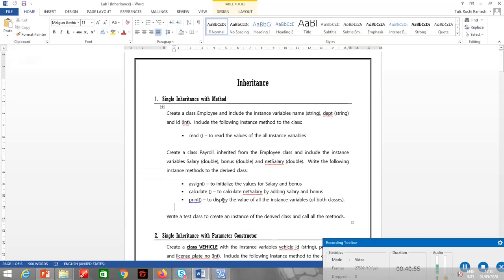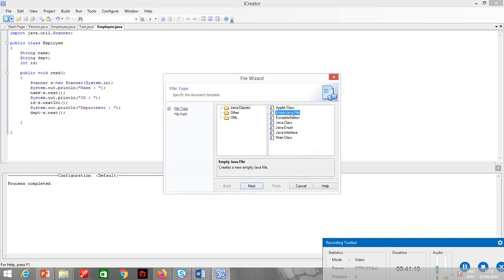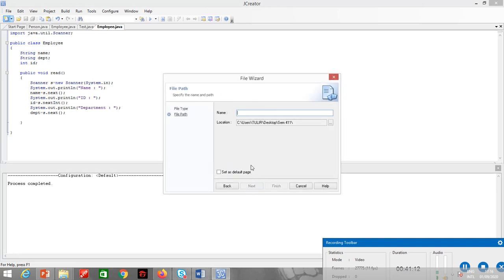So next is we need to create a class payroll inherited from class employee, and it should have 3 instance variables which are salary, bonus and net salary. So let's do it. The class name is payroll, empty Java file, payroll.